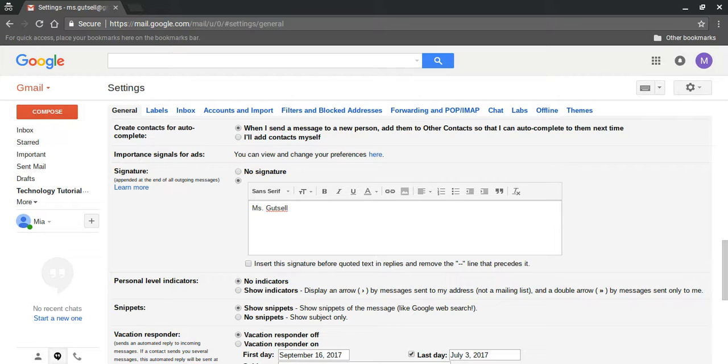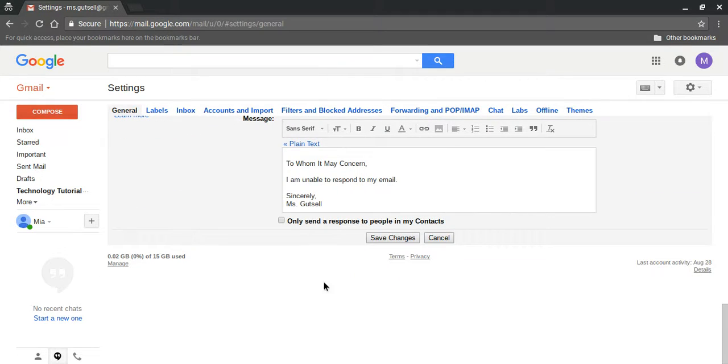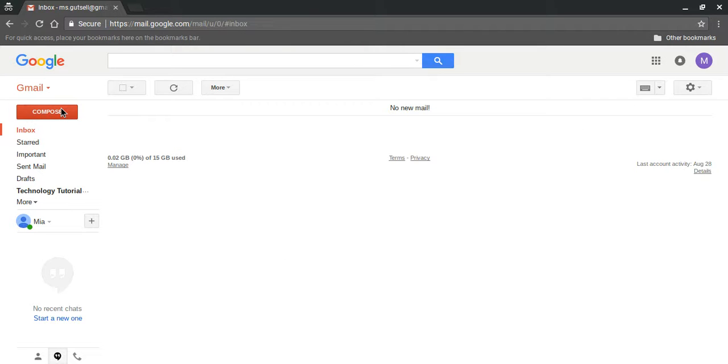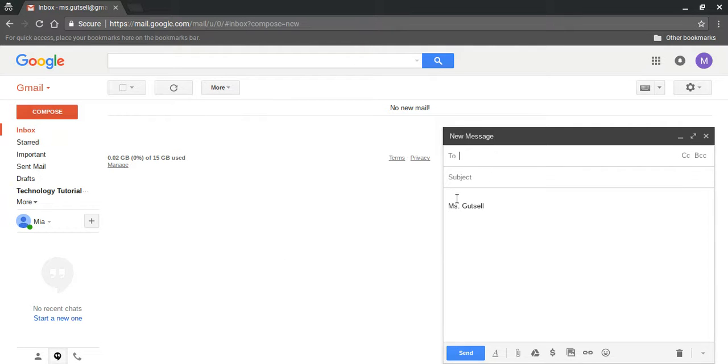There is then another option that you can have for your email signature. Specifically, insert this signature before quoted text and replies and remove the -- line that precedes it. So when I click on this option, and if I scroll down to the bottom of my settings and click Save Changes, now what will happen is when I compose an email, my signature will appear in simply this fashion